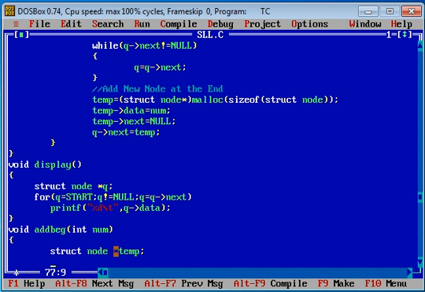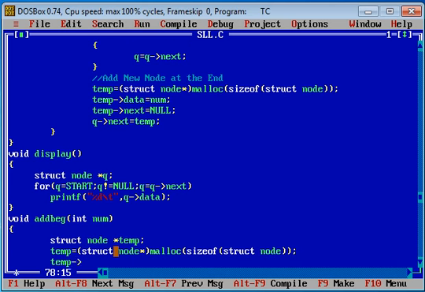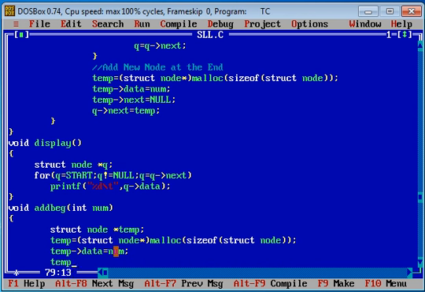So we have to write temp is equals to struct node star malloc, then you can write size of struct node. Now you can allocate temp of data is equals to num, temp of next is equals to